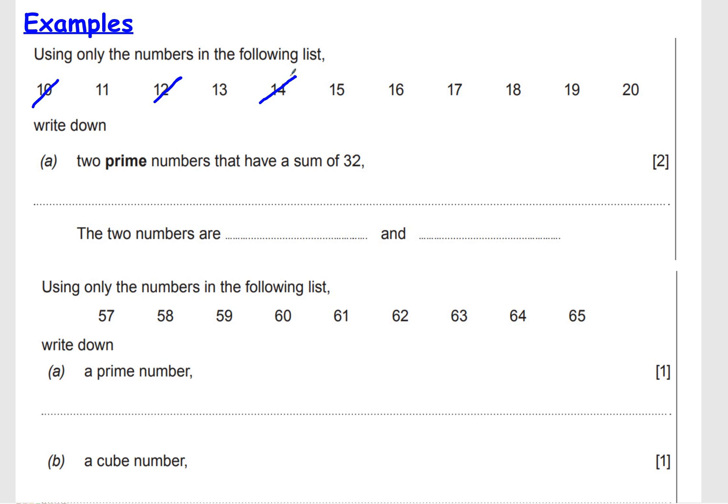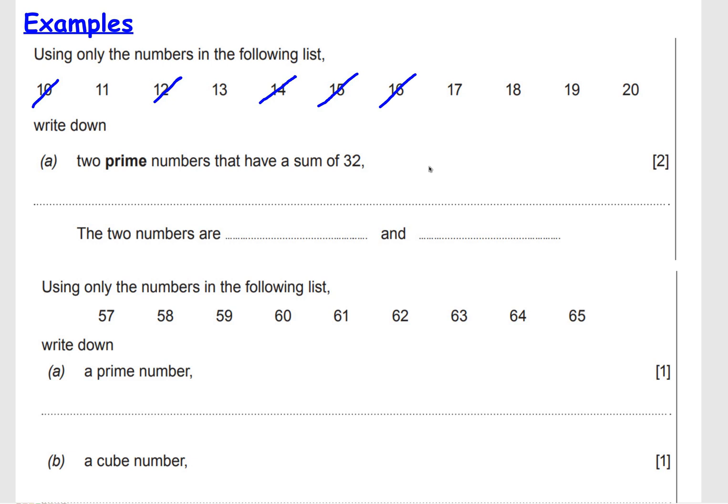15, well, we know that 15 is in the 5 times table, so 5 goes into it. It's also in the 3 times tables, so that can't be a prime number. 16, again, even number, so 2 is definitely going to go into it. 17, well, the only numbers that go into 17 are 1 and 17, so yes,